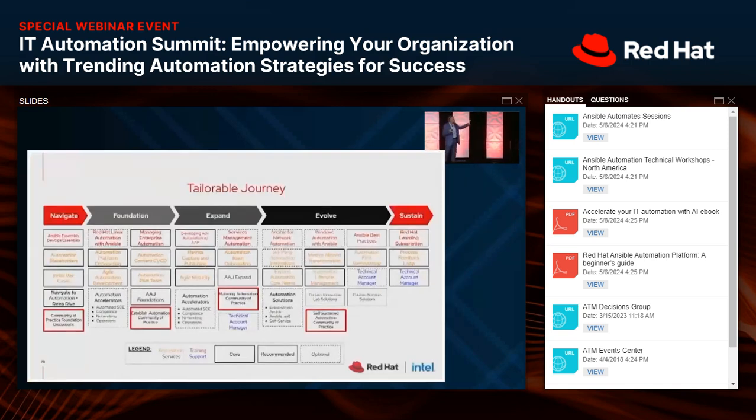So that's in the foundation, and then we mature, adding more automation to the catalog, building more successes, and sharing and collaborating. This is where you start looking at, hey, does this playbook need to be converted into a role? Is there more use for it? Is this going to be something that I can share? And am I enforcing standards on my code development and code content, right? And then as you keep this going in later phases, you're sustaining and you're maturing, and this community keeps growing and growing.